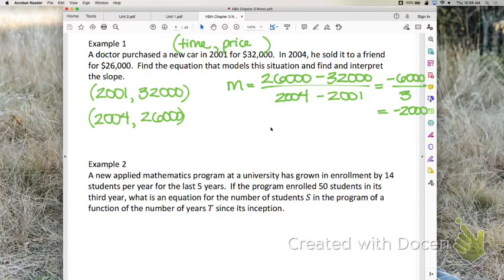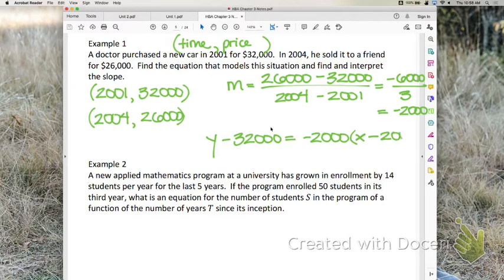All right, so then I'd go to point slope form. And like we did with the other ones, we can pick a point. Does it matter which point? First one, okay? So now here's where I'm going to show you something. When you plug in either one of the points,